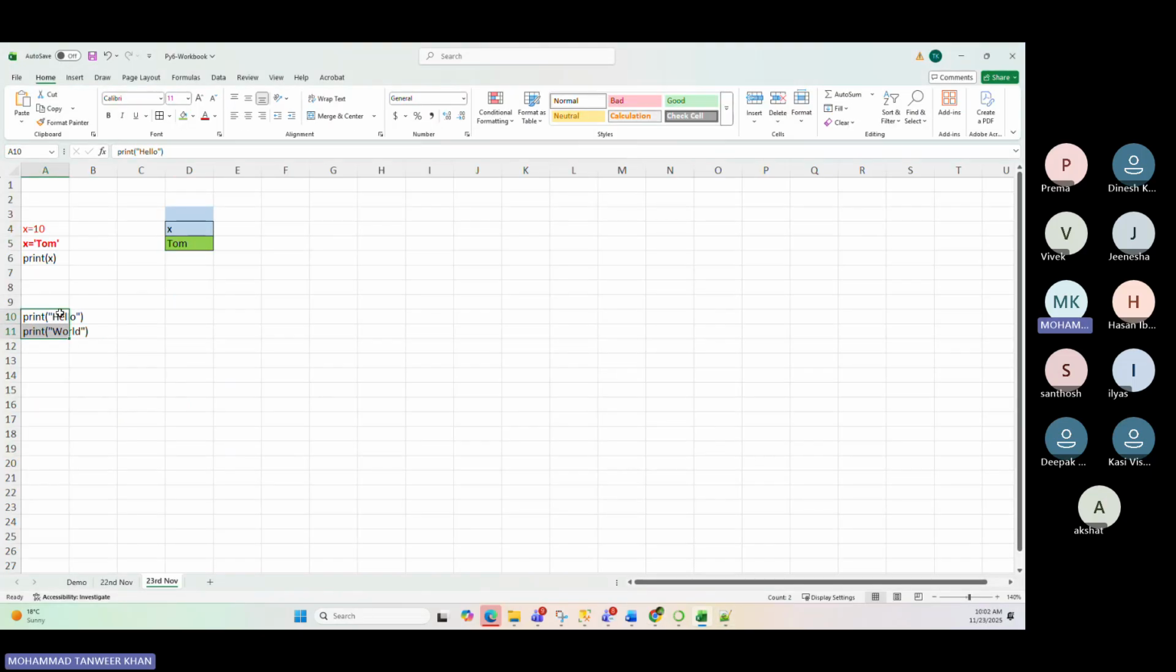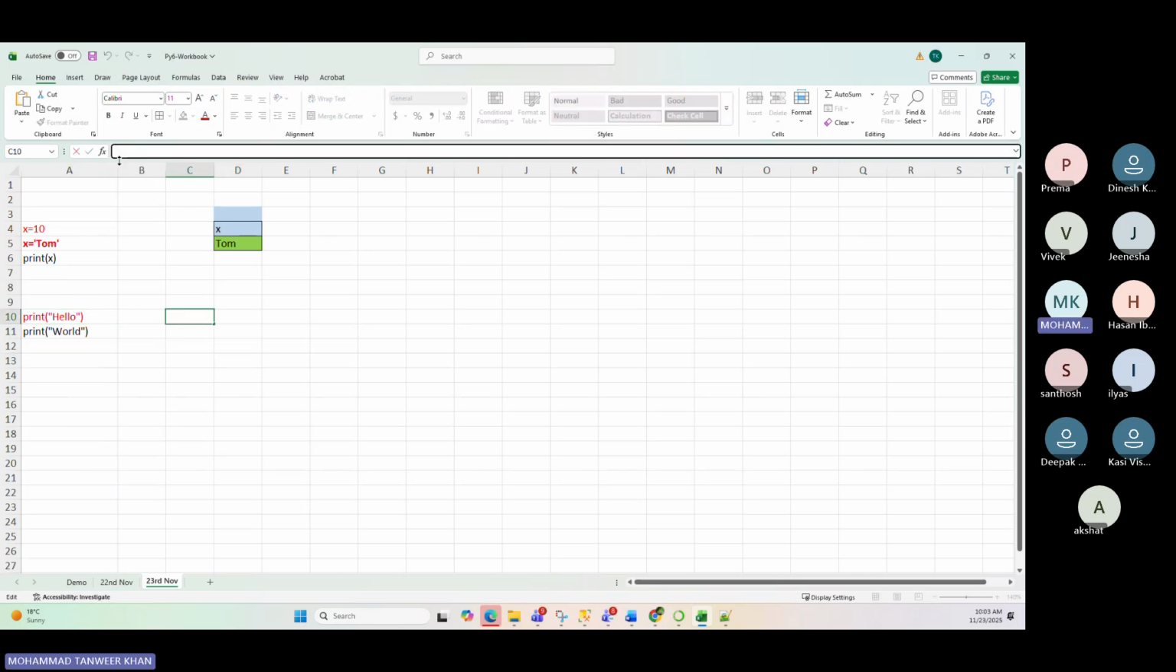Concept is, when Python will see this message, print hello, Python will understand I have to print hello. The cursor will blink here in the beginning. You see the cursor is blinking in the beginning. It will type hello. After typing hello,